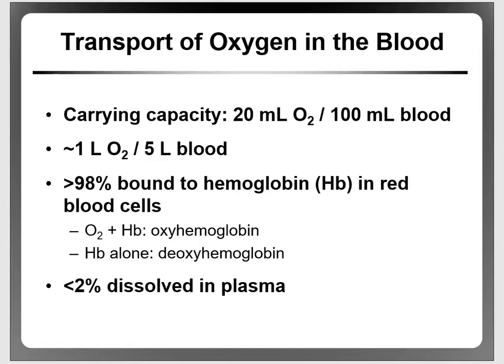All right, so for this next section, we're going to look at how oxygen is transported in the blood. Now, oxygen is actually transported in the blood by two methods. It's either transported with hemoglobin in the red blood cells, and actually most of it is transported that way, or it's dissolved in the plasma. And very little is actually dissolved in the plasma. It's less than 2%. So about 3 mils of oxygen is actually dissolved in each liter of plasma, so it's